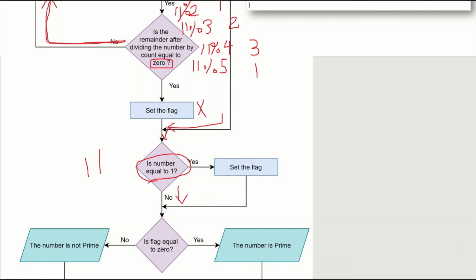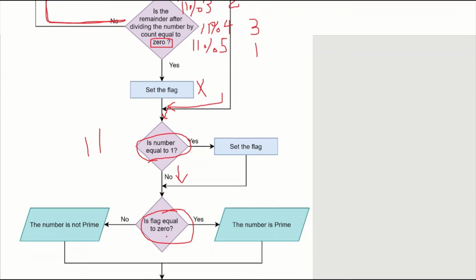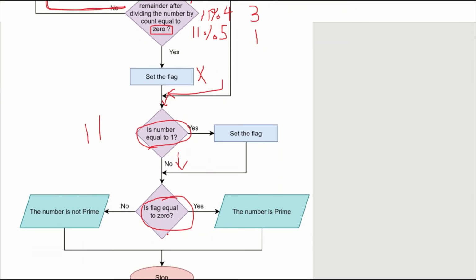In the next step, I am checking, is the flag equal to 0? The flag is equal to 0 itself, because the number does not have any factors between 2 and that number by 2. The entered number is not equal to 1.